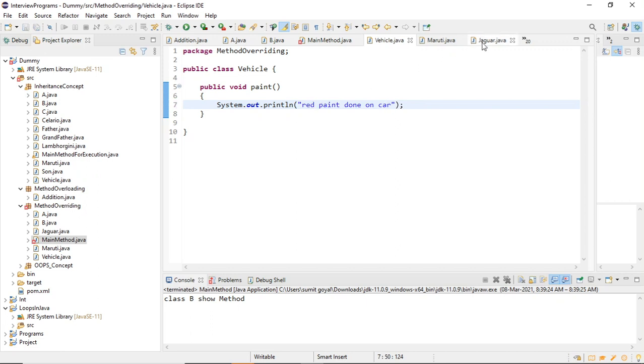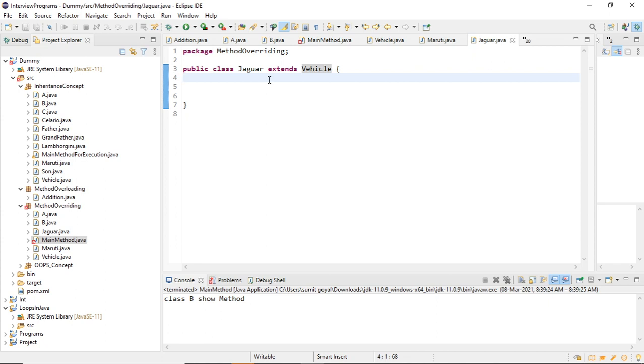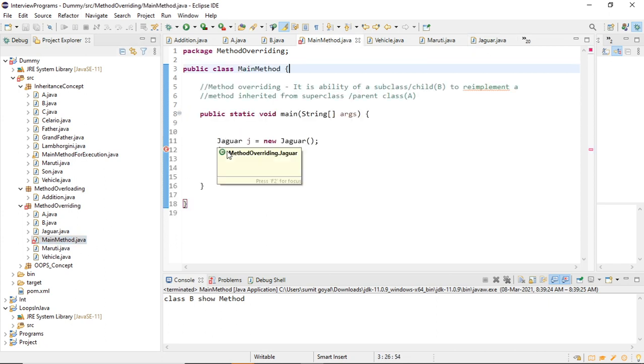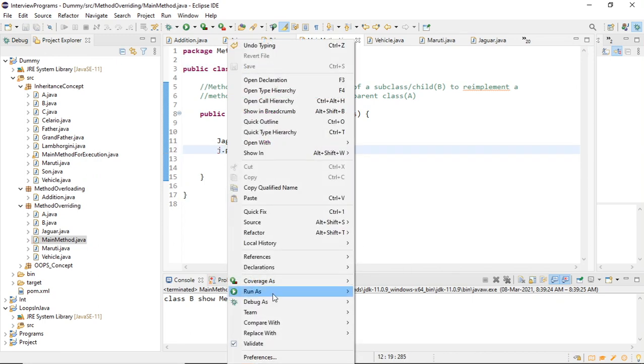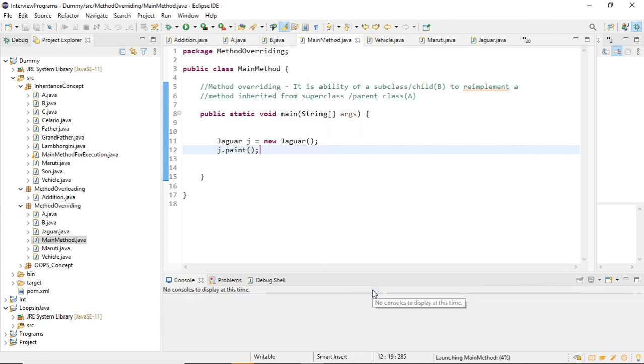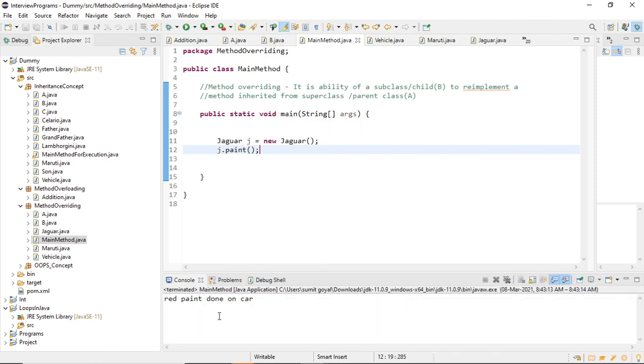And if I say j dot paint, and run it, it will say red paint done on the car, which is fine. So this part is clear to everyone till now?